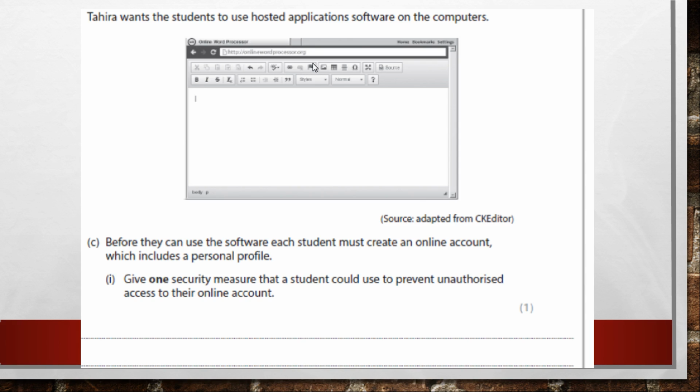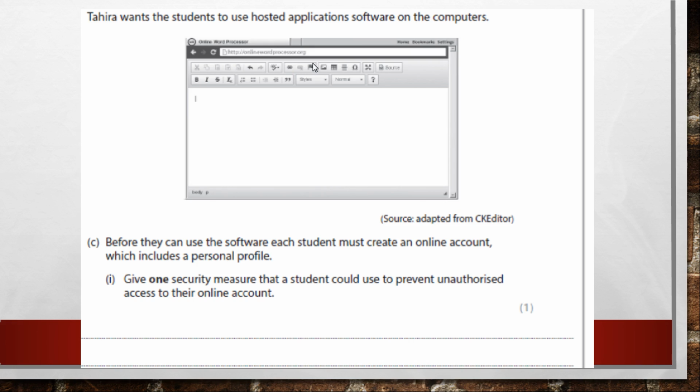Okay, Tahira wants the students to use hosted application software on the computers. Hosted application. So when I'm reading exam questions, it's always worth maybe underlining or just reading it 2 or 3 times, because often you read it once and you think you know what you're doing and then you don't. So read it. Tahira wants the students to use hosted applications.